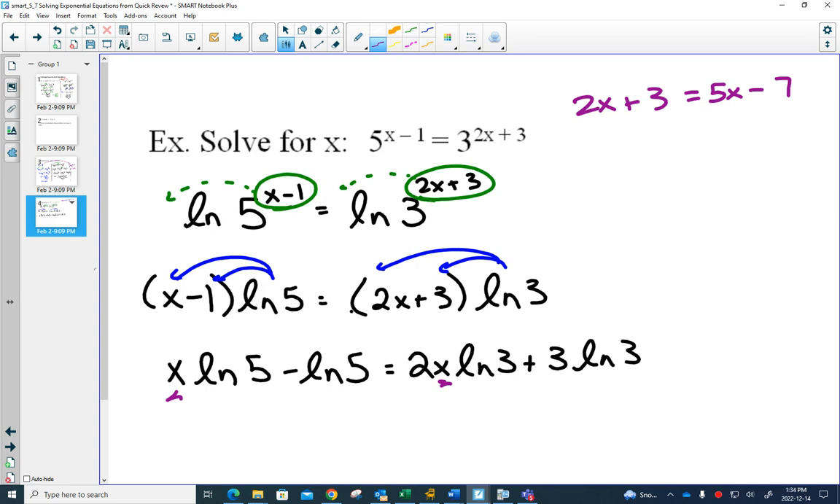You put all your like terms together, right? So we're going to do the same idea as grade 9. We're going to put all of our x's on one side, all of our numbers on the other side. The only thing that's different is